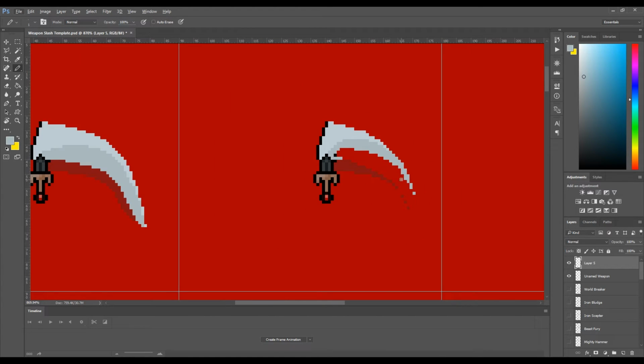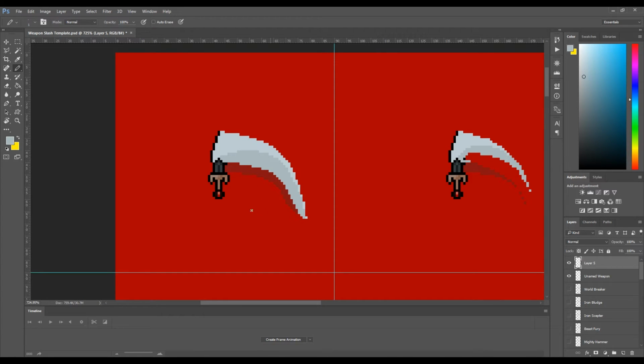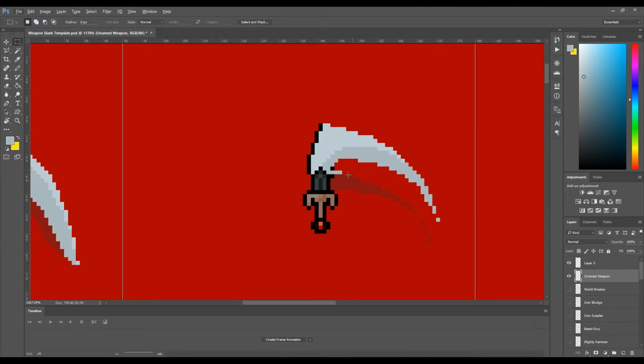slash, because that's essentially what we're doing, right? The first frame is the blade down here. Then the second frame is going to be the blade up here, but with this swoosh. And the next frame is going to be the same area, maybe the blade will be moved like 1 pixel over like that, and then this swoosh, which is more light. And then the last frame will be just the blade up here. So it'll look like the swoosh was the movement, just tricking your eye into thinking that we're actually having a slash animation. So